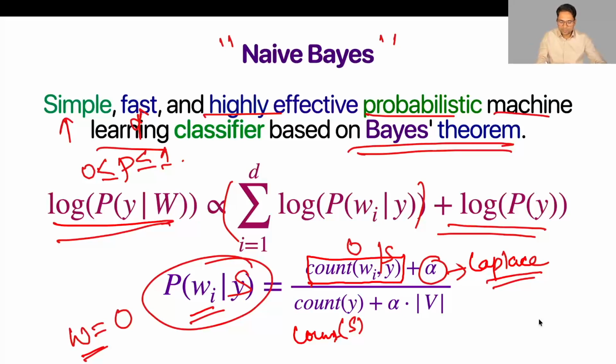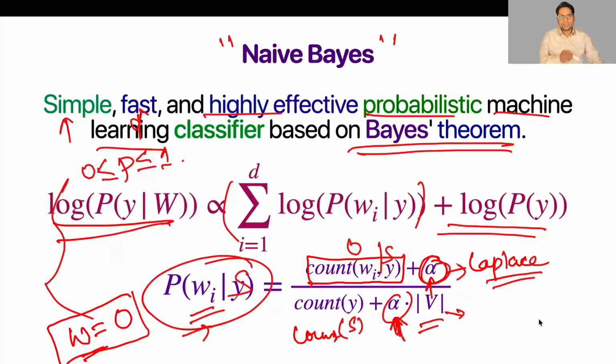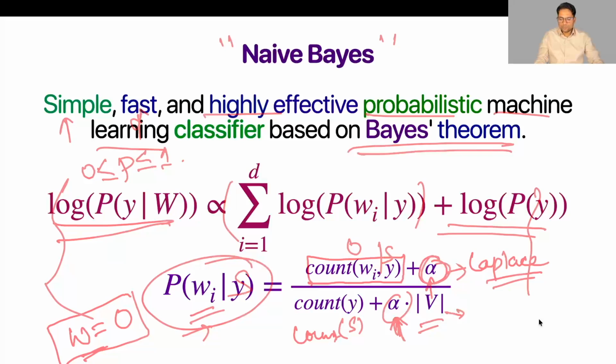This count will become 0, so the total probability will become 0, and since we have a product of probabilities, the complete product will itself go to 0. That's why we add Laplace smoothing, where the denominator adds the count of unique words, or the vocabulary of spam plus non-spam emails. This helps when a word has not been seen, so it's a new word with a count of 0. We have learned all these concepts in detail in the previous video, so let's continue and apply both of these.